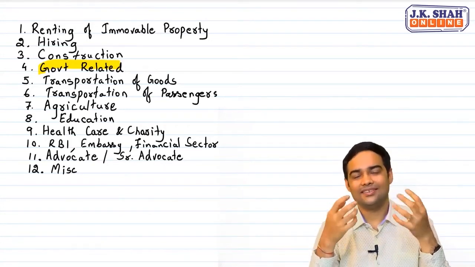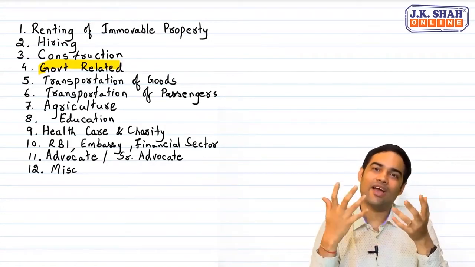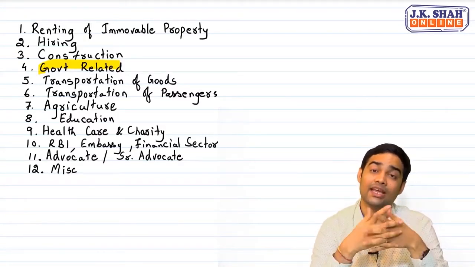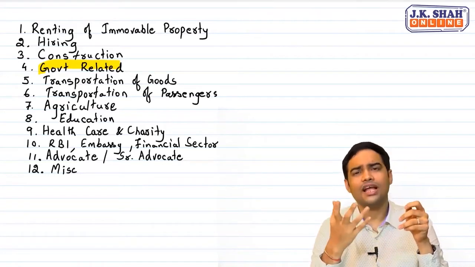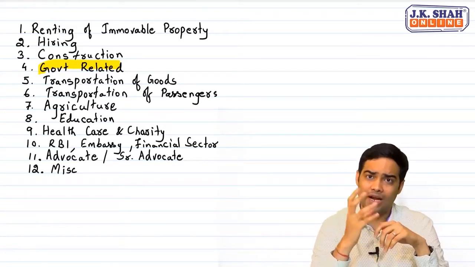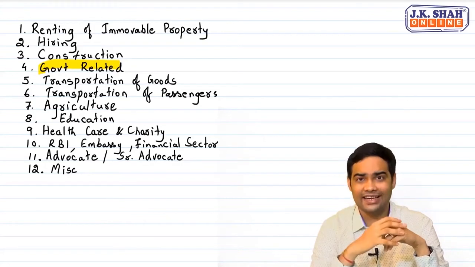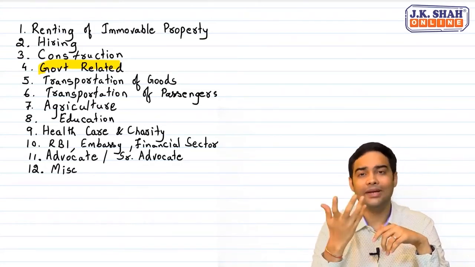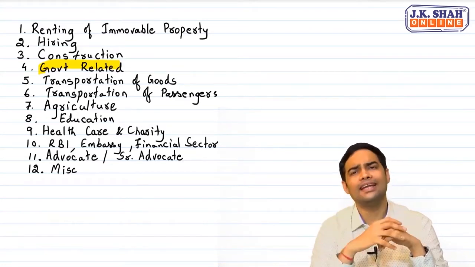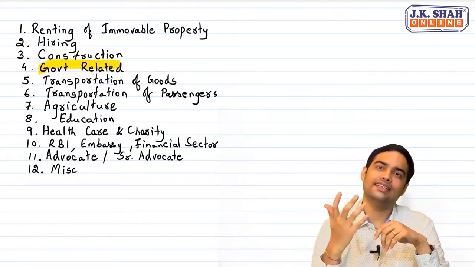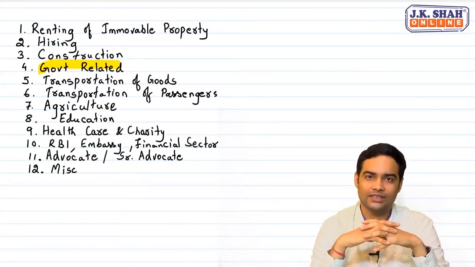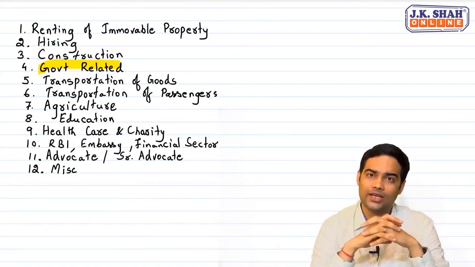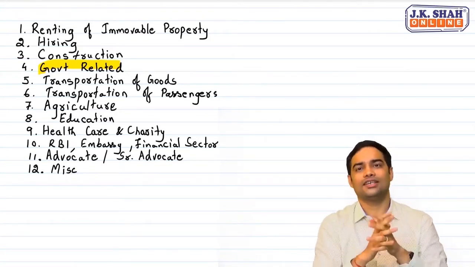Then labeling, repacking, packing, waxing of fruits and vegetables is also exempt from GST. In fact, storage of certain products like copra, that is coconut or jaggery, tea, coffee, unmanufactured tobacco, betel leaves, minor forest produce, all these have been exempted from GST. This was about agriculture. When we move to education, see, when we talk about education, the first thing which you